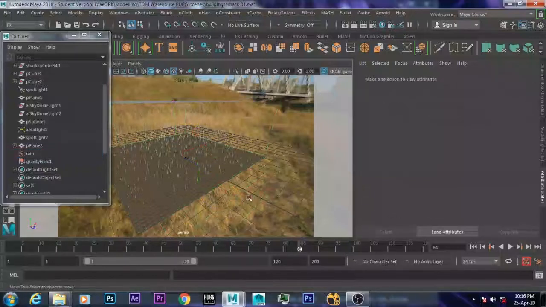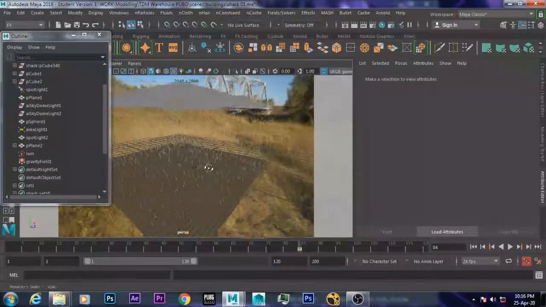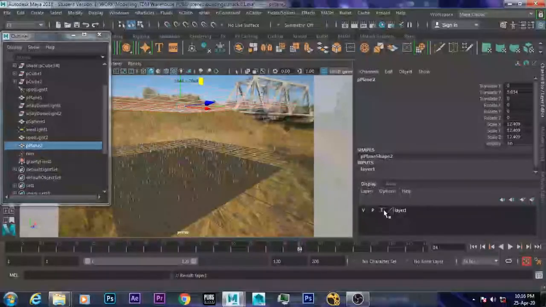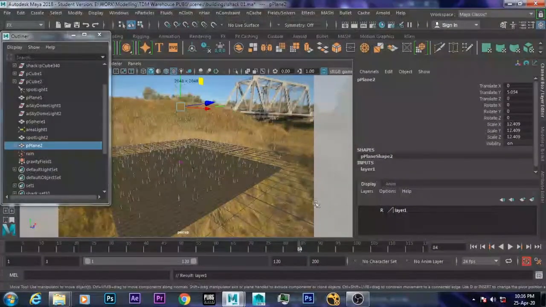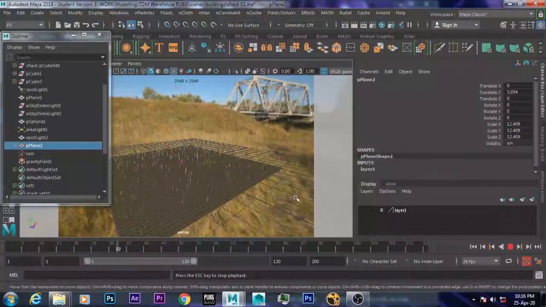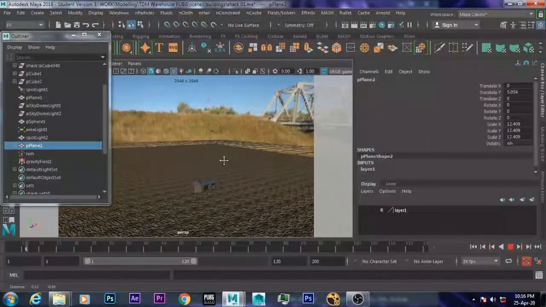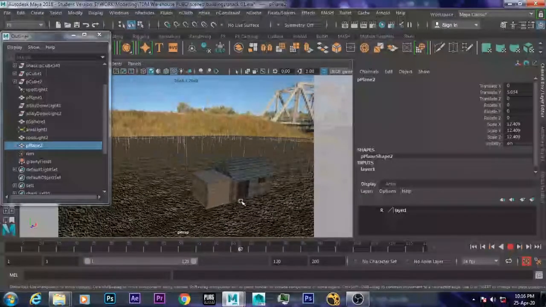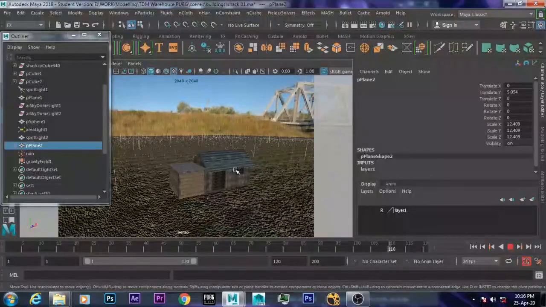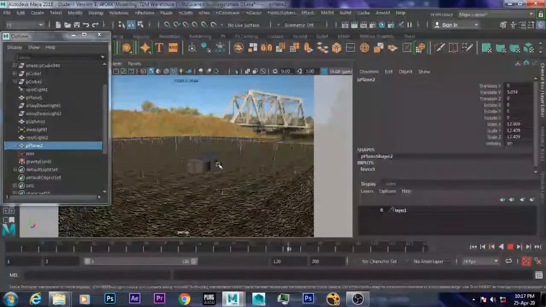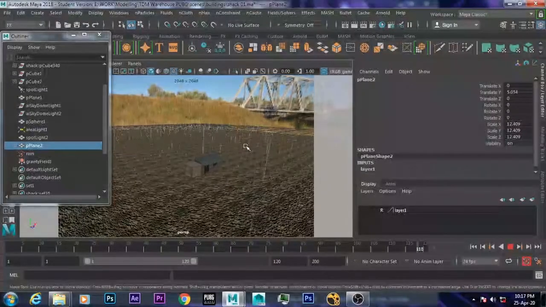If you have to, you can later hide the mesh upwards. You can just do it this way: hide it, put it on a new layer, and hide. So the mesh is hidden and the rain is emitted. This is how we create a rainfall scene in Maya. You can change the bounciness or the resilience later on. So make sure to change the resilience and other settings as per your requirements.